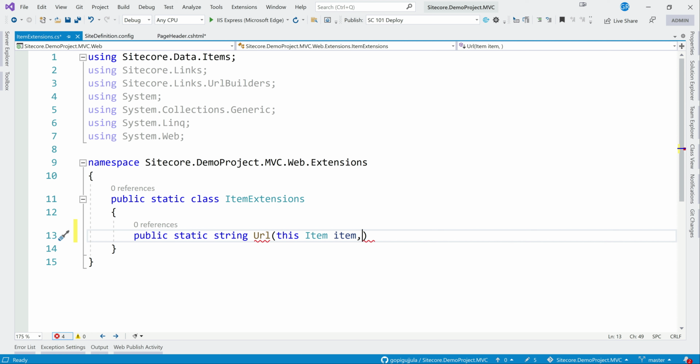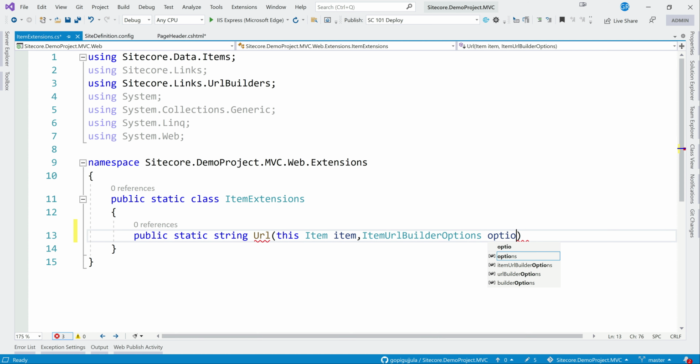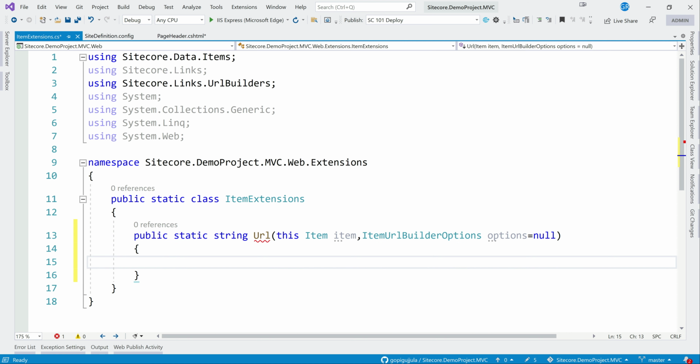Now we need to control the ItemUrlBuilderOptions. Again, you need to have Sitecore.Links.UrlBuilders, and I will send options, but this will be an optional parameter. I can send null as well.